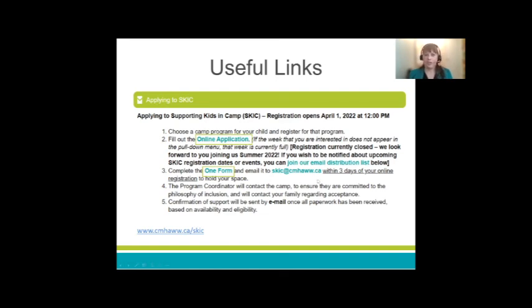If you're not able to fill it in online, or if you're not able to email it, feel free to print it off, fill it in by hand. You can drop it off at a CMHA office or fax it in. If you're having difficulty with that, please reach out and contact myself, and we can figure out how to pick up that form. Okay. And then once again, like I said, the program coordinator, myself, will contact the camp if